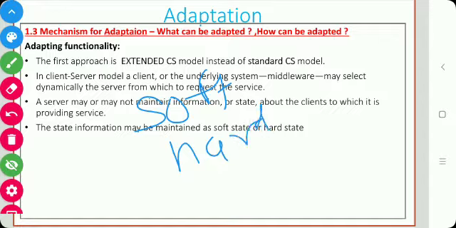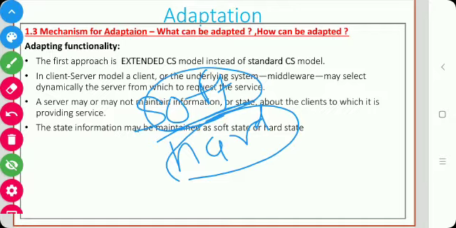So soft state information once installed has to be updated periodically. Okay, and in the case of hard state, it requires explicit deletion. Okay, so here the soft state is useful, and the server stores the information in the soft state.